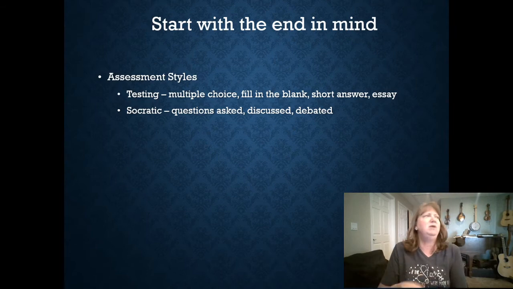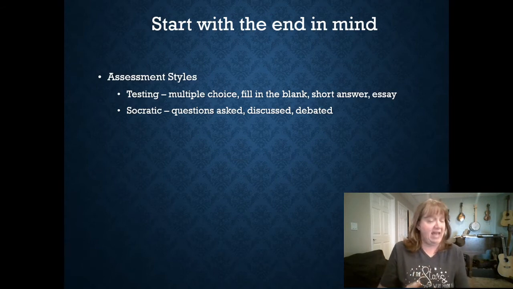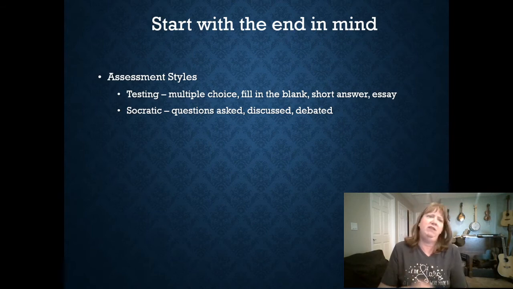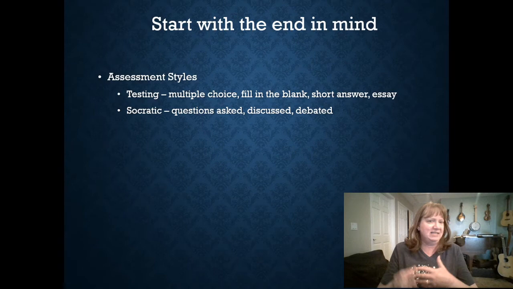A Socratic question would be, what do you think motivated Matthew and Marilla to adopt? And they might give the answer: they wanted companionship, or they felt like they needed help on the farm. Okay, what do you think would have been some underlying reasons, some reasons that they discovered that it was beneficial to have Anne? So then the child might say, well, they realized that they needed some liveliness in the family. So the Socratic method is just a lot of getting them to think beyond just your typical answer.